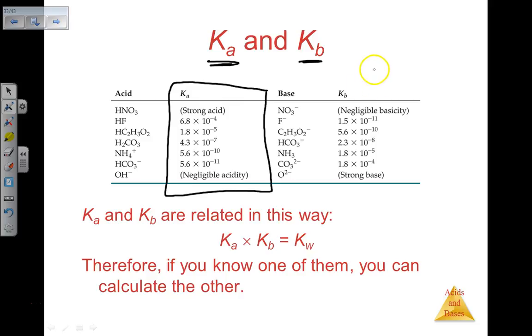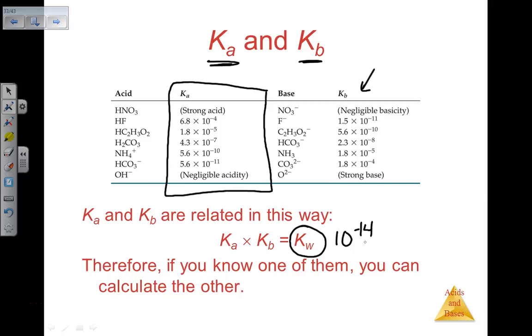They never list Kbs, because if we take a Ka and multiply it by the Kb, it will equal Kw. And remember, Kw is 10 to the minus 14. So Ka times Kb is 10 to the minus 14 as long as you're dealing with the conjugates